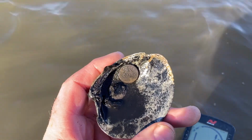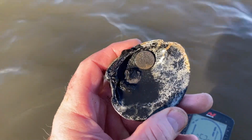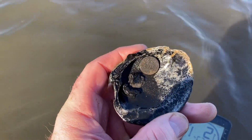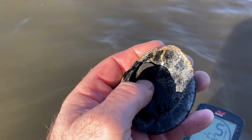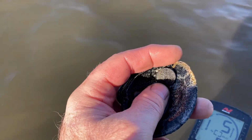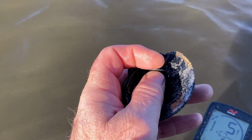Look at how I grabbed this little bugger. I grabbed the shell to throw it out, and then I saw the edge of that sitting in it. Little bugger almost got tossed right back into the water. And I don't have my basket, so I'm having a little harder time with these signals today. And I'm wondering,